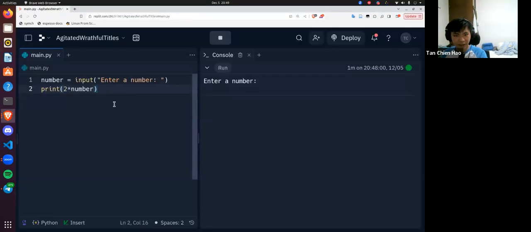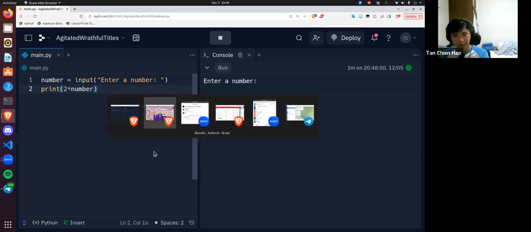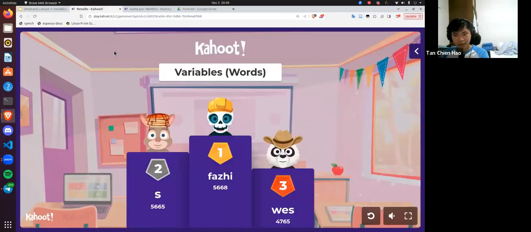But what I wanted to emphasize over here is just the input, because in the next lesson, in the conditional lesson, we'll be using this input quite a lot, where we ask the user for input, and depending on what the user inputted, we'll be doing different actions. Okay, so as a lead up to conditionals,